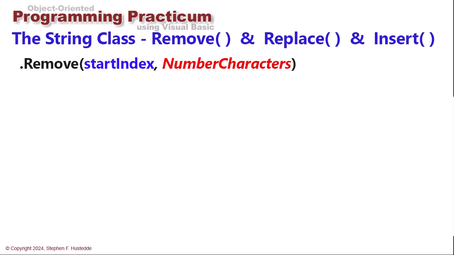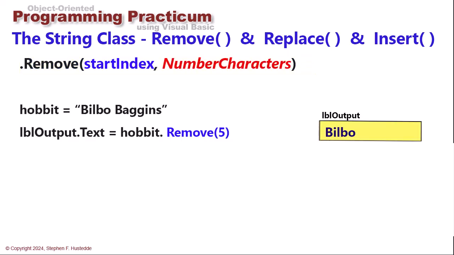Three additional methods that come in handy in manipulating strings are remove, replace, and insert. With remove, we specify a starting index and, optionally, the number of characters. If I don't specify the number of characters, it will remove everything to the end, just like substring takes everything to the end. Here I have a string variable called hobbit equals Bilbo Baggins, and LBL output.text equals hobbit.remove, and